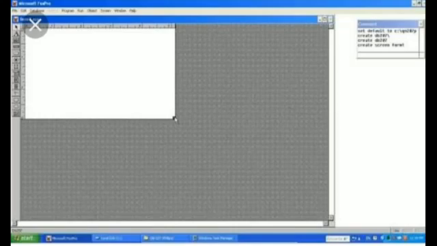Last but not least, that is the help menu. When we want to get help, this help menu is used. The shortcut key of this menu is Alt H. Right? There are so many menu items which we can see in this menu, that is